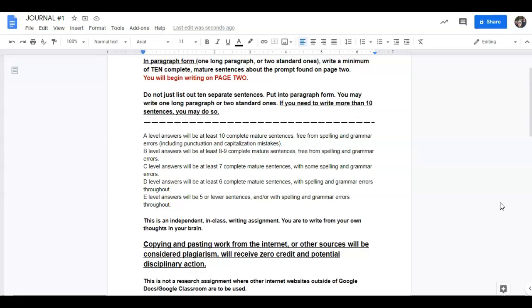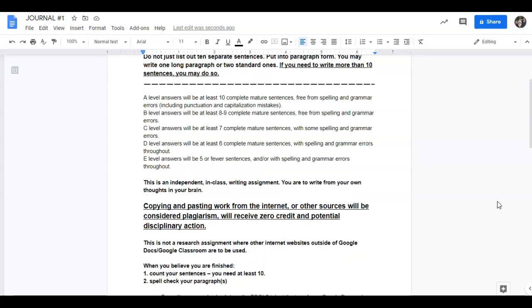Journals are always to be independent. In class writing assignments, they are to be from your own thoughts, your own mind. We just went through a unit on plagiarism. If you copy and paste work from the internet, you will receive a 0 and potential disciplinary action for plagiarizing